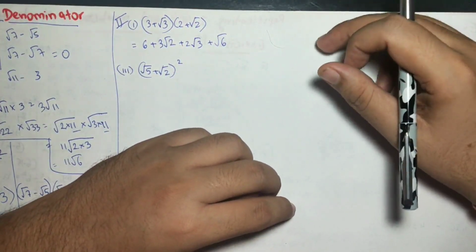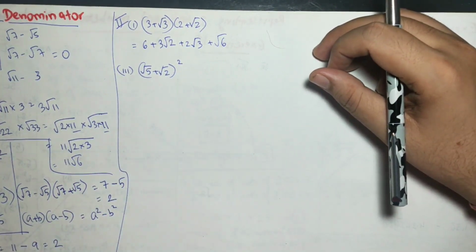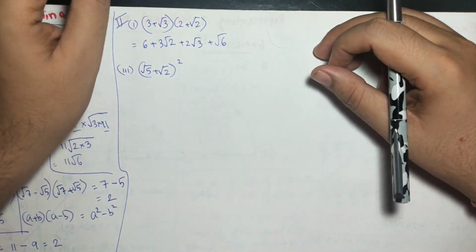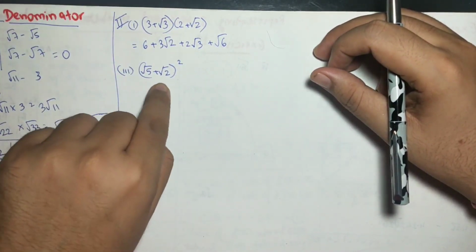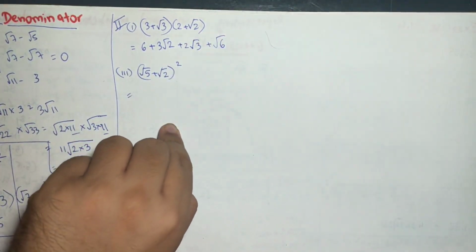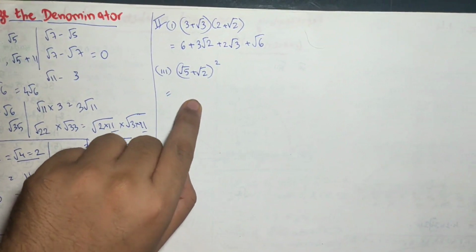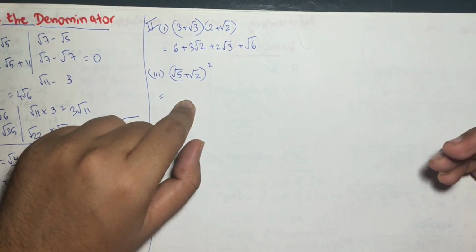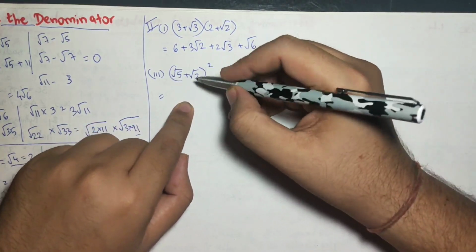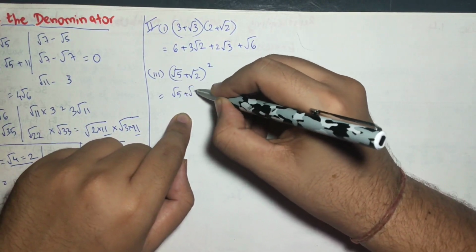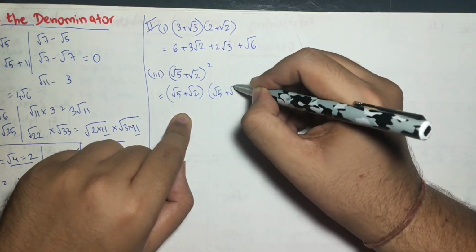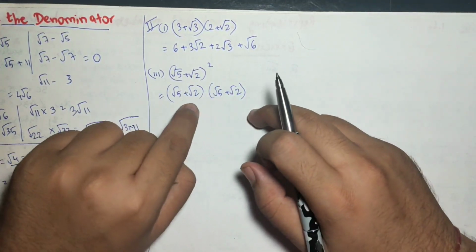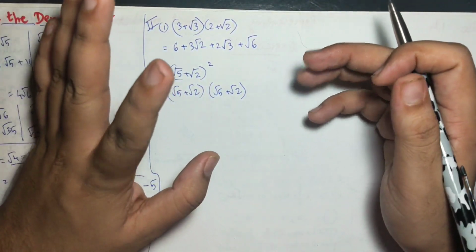The second question is simple. It is a square minus b square. I have already explained in my examples how to solve that, so I will not be doing the second and fourth, they are both the same. I will be doing the third. It is root 5 plus root 2 whole square. As you can see, this is a plus b the whole square. If it is a plus b the whole square, you can opt for anything. Either directly apply a square plus 2ab plus b square, or open it and write root 5 plus root 2 multiplied by root 5 plus root 2. Because it's a square, they are getting multiplied twice.